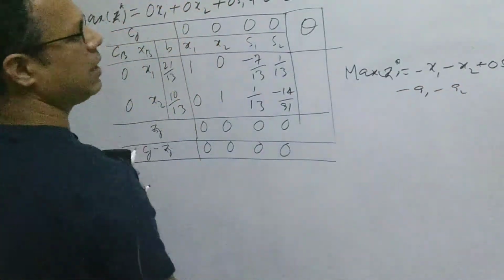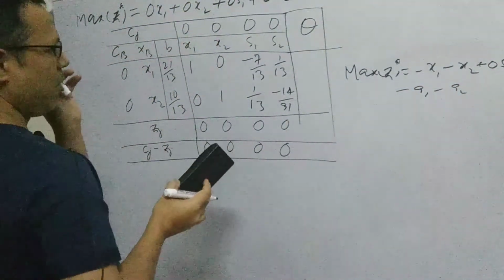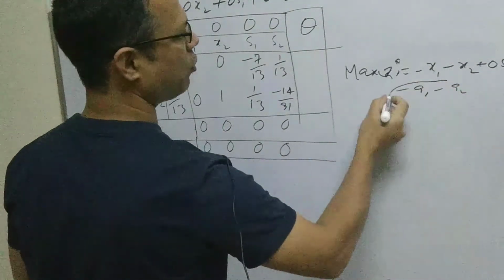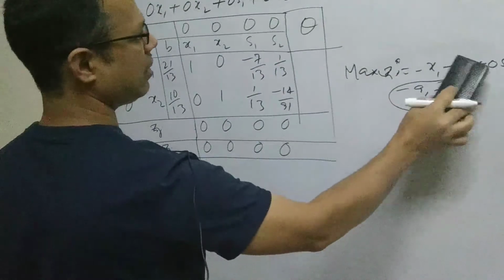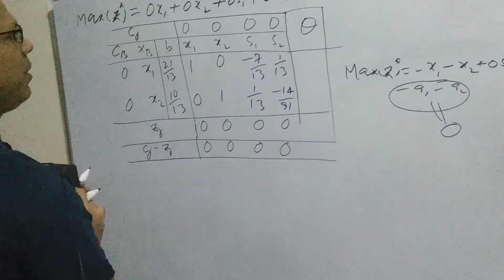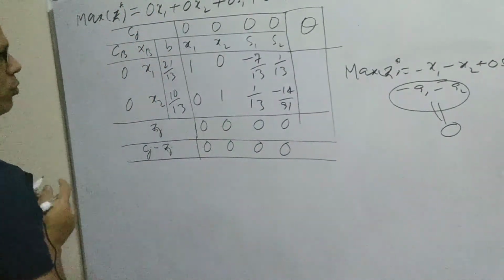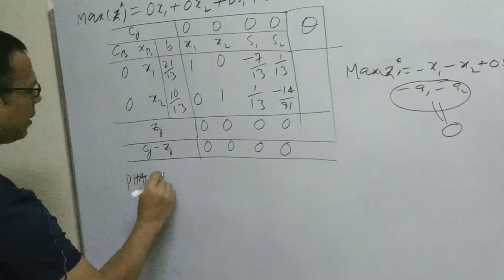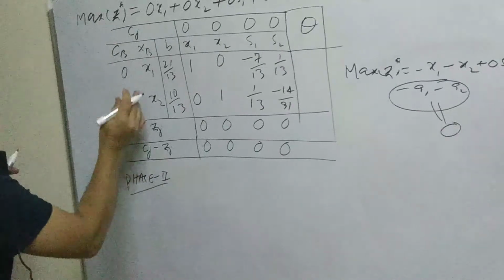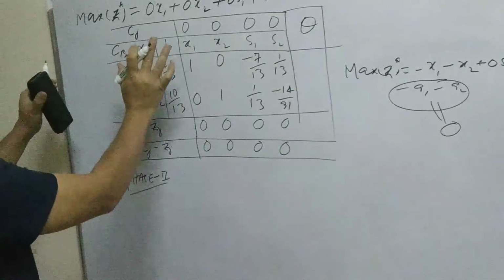These types of, generally we have got the objective function. So now we are going to make changes, we are going to make this term 0. It means we are having this objective function now. So now we are going to move to phase 2. Phase 2, we just need to copy this table as it is.